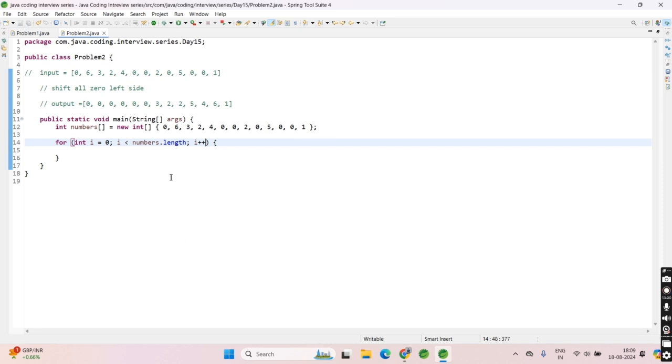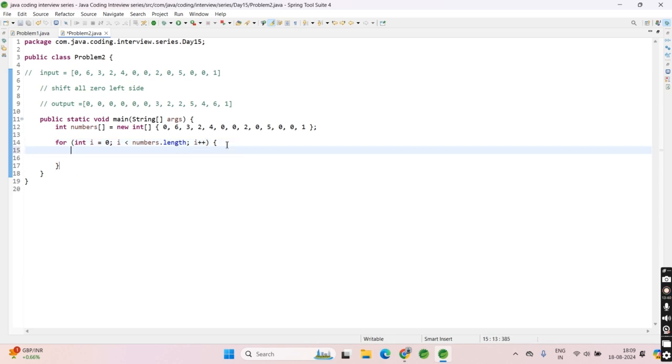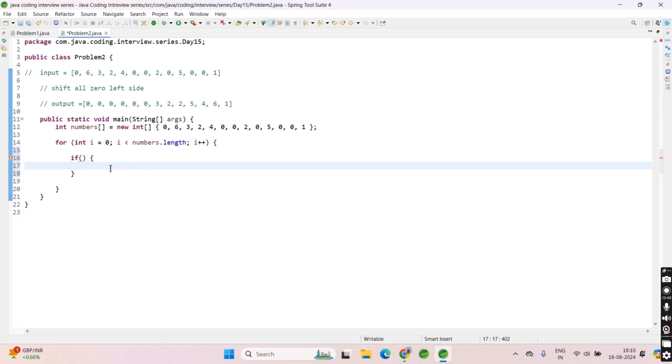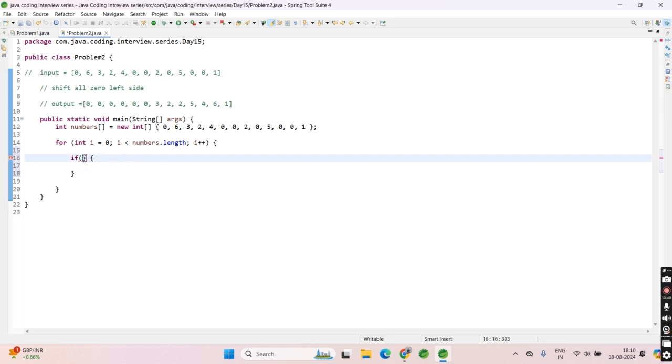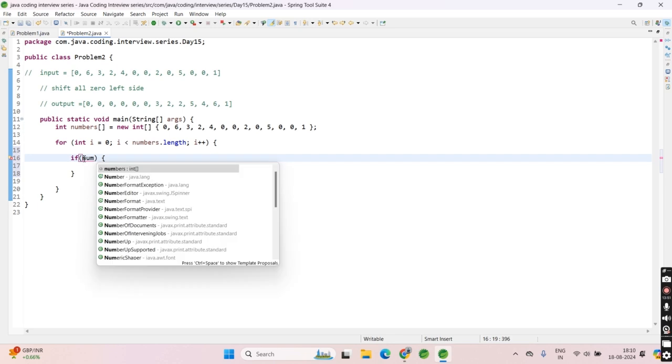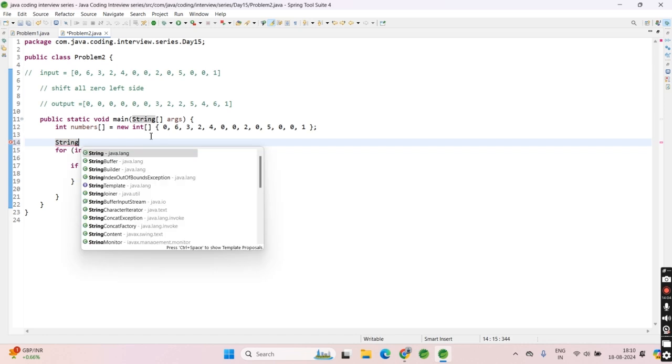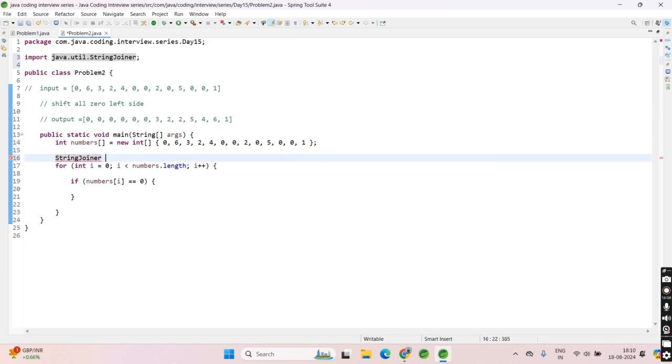So in line number 14 I have iterated all the elements in the given array, then check if numbers at the ith index is equal to 0, then add in,